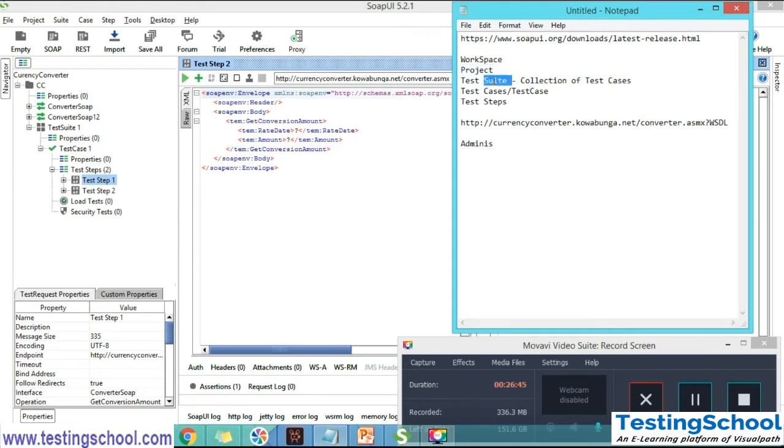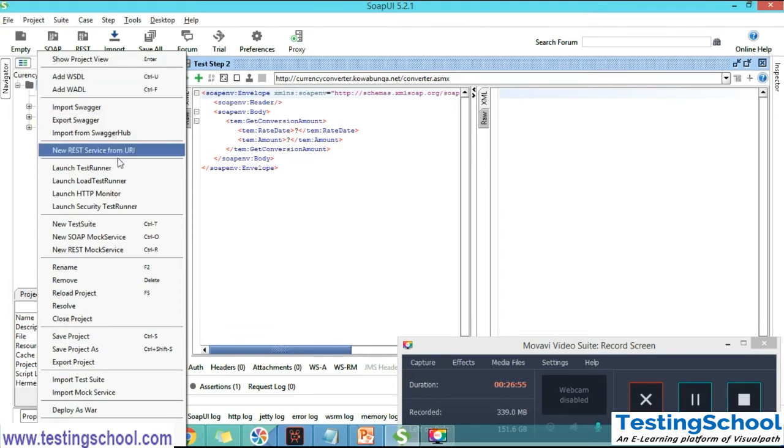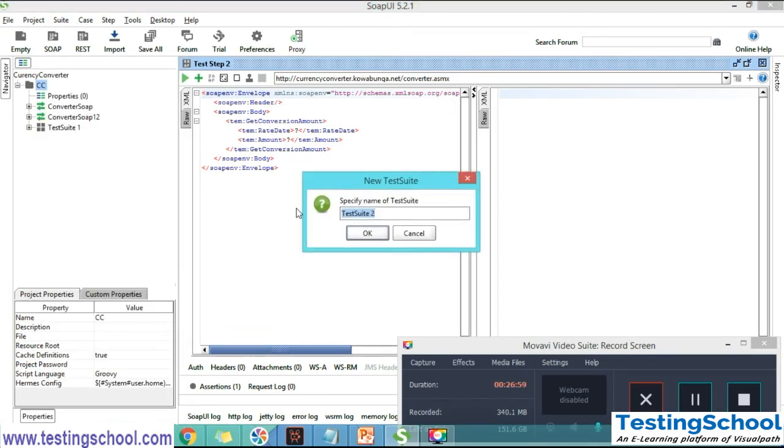Under project we can create the test suite. I have created one test suite, but I can show you we can create multiple test suites. Again right click on the project name, click on new test suite. Here we can see test suite 2, but we can change the names based on our requirement.